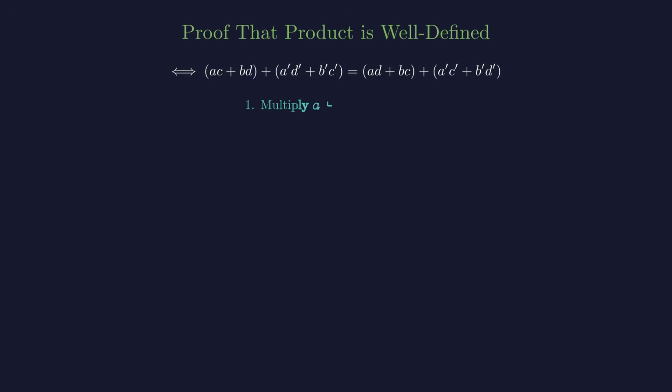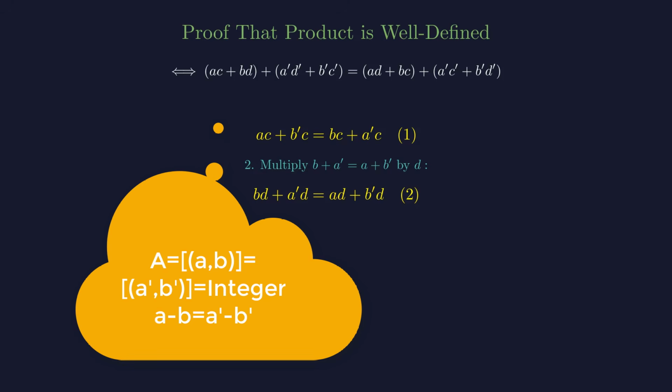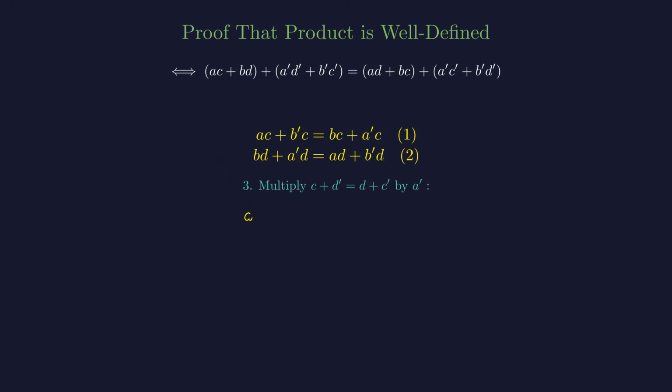Each class will represent a unique integer. Conversely, an integer will correspond to a unique class. One can see that for a given class A, represented by (A, B), then A minus B is the unique integer. An interesting fact is that in these operations, addition and multiplication, we use only the known arithmetic properties on